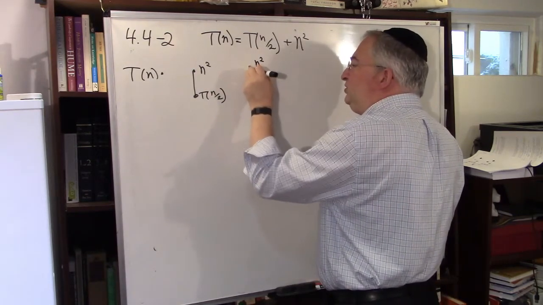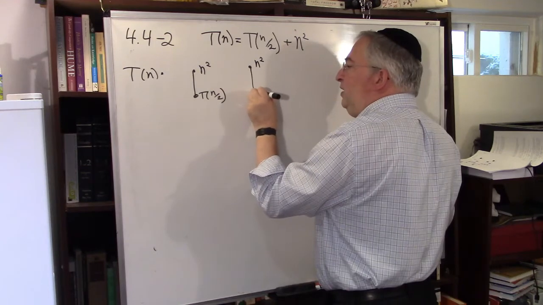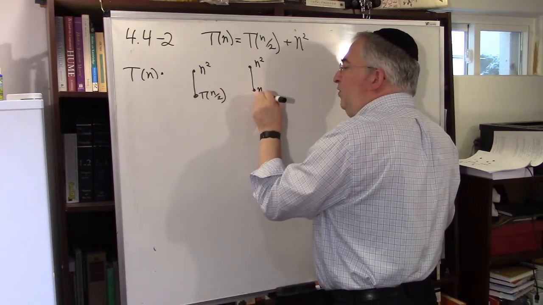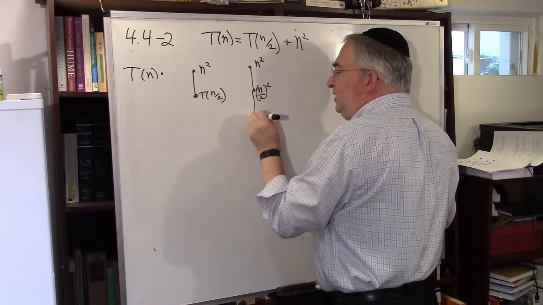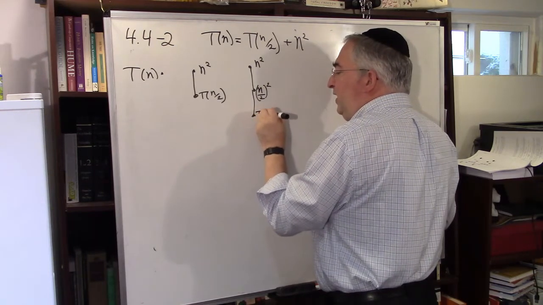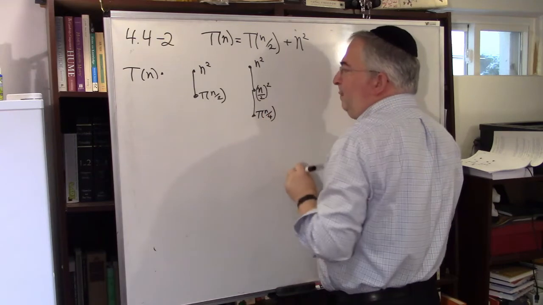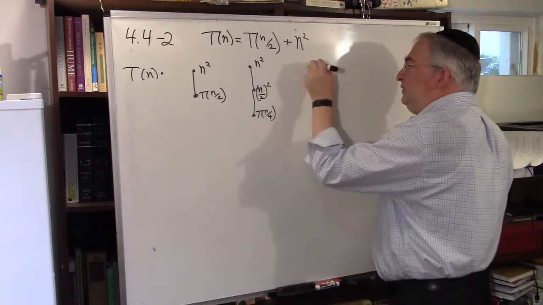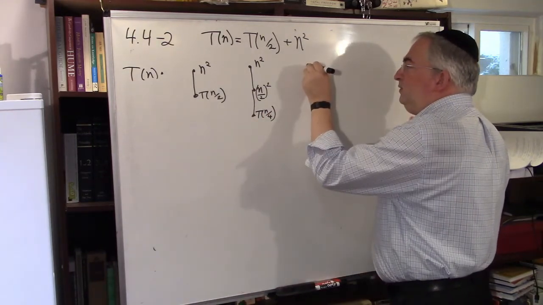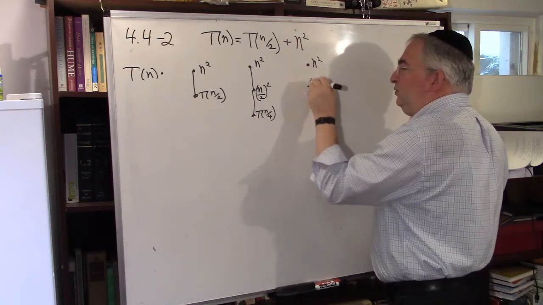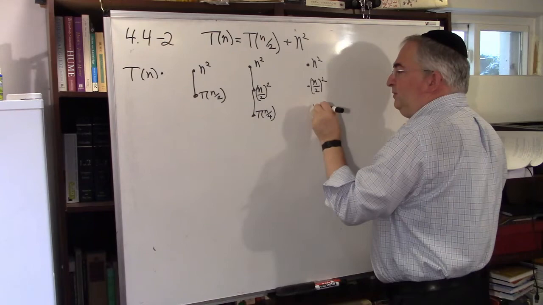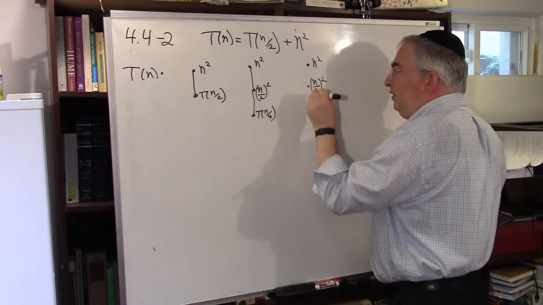This becomes n squared, and this becomes n over 2 squared, and this becomes T of n over 4. And it goes on. So this becomes n squared, this becomes n over 2 squared, this becomes n over 4